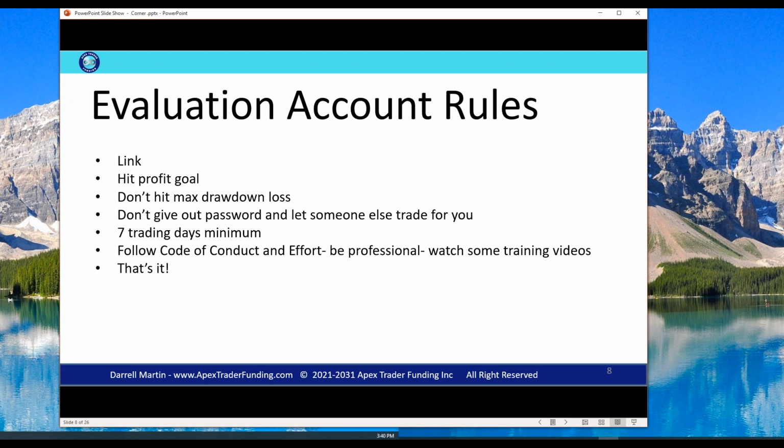Do they sound like they're just out to get you, just to get another fee? Anybody have any issue with those rules listed right there? If you do, tell me. There's a lot of other companies that have a whole long list of rules, okay, that literally make it impossible for you to ever pass, okay?